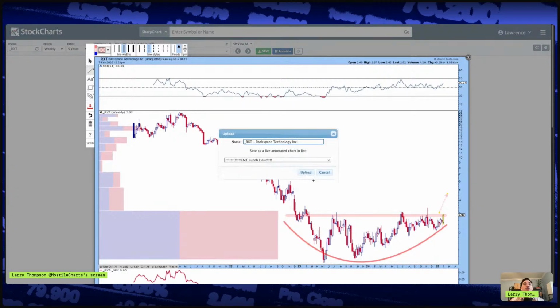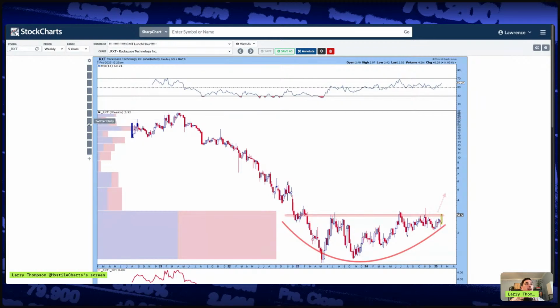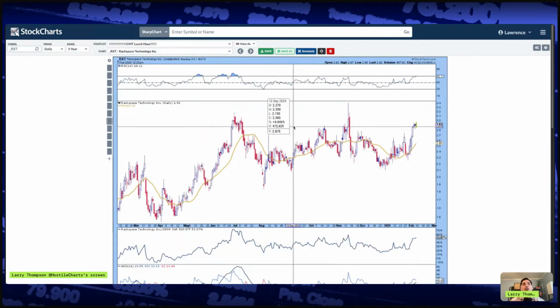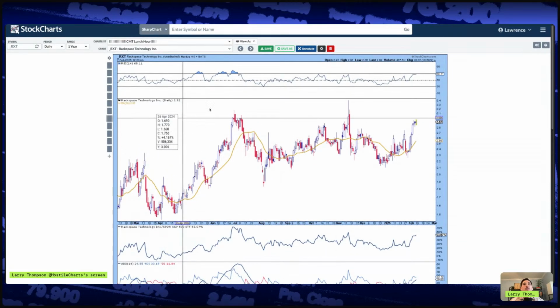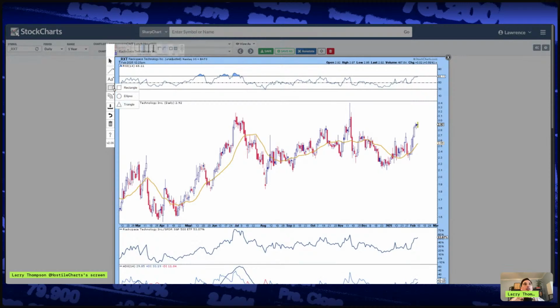RXT, let's zoom in real quick. Okay, let's look at the daily price action. See, what did I say? I said this upper range, about $3. So we might want to wait for that breakout if we're not already long the name. You might want to wait here. That's where I would get long against this level. We have that base, right?